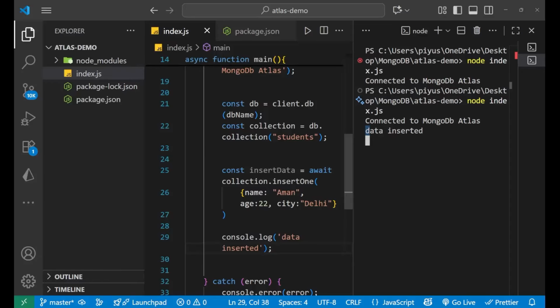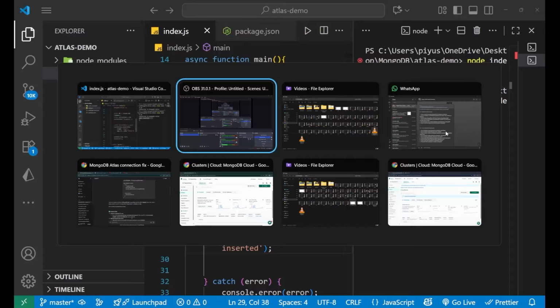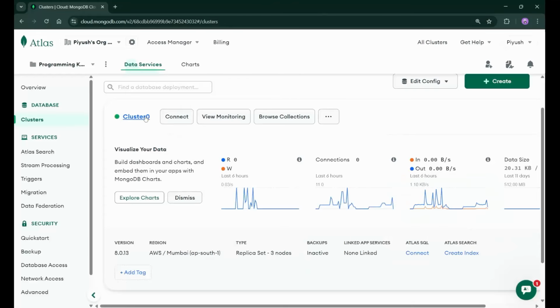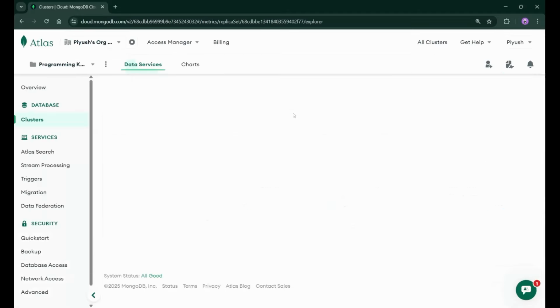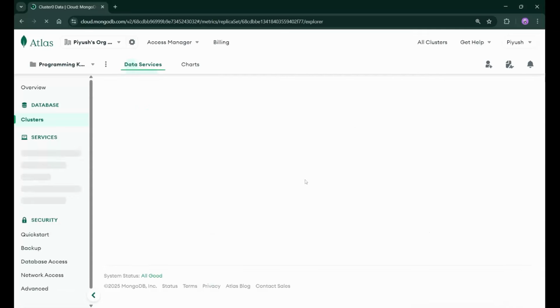So you can see data is inserted. Now let's go to the database, and here let's check by clicking on this browse collection. To check your data, we go to the browse collection, just click on it, and